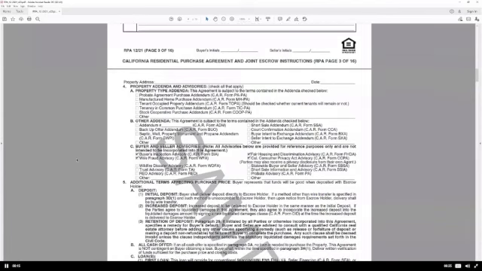So one significant thing you should know about is that there are 2 purchase agreements that are being removed from the library. There has been in the past a standalone probate purchase agreement and a standalone manufactured home purchase agreement. But both of those contracts were basically identical to the RPA with maybe one additional paragraph or just a couple of additional terms. So instead of having a standalone contract that duplicates the RPA and adds just a little bit